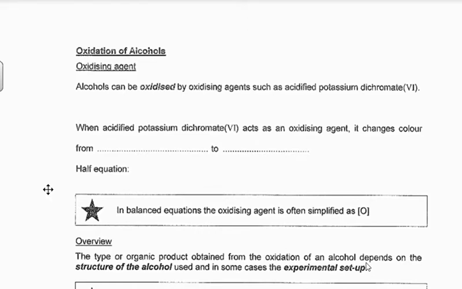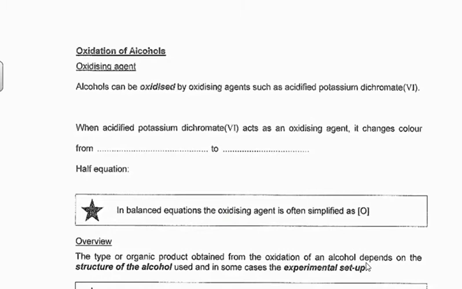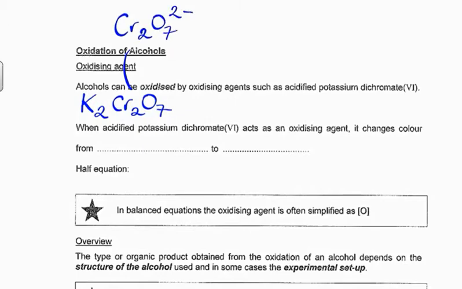So, oxidation of alcohols. So first thing we want to look at, if we can oxidise an alcohol, is our oxidising agent. And this is acidified potassium dichromate. Potassium dichromate, K2Cr2O7. Quite often see that abbreviated, so we'll miss the potassiums out. If you're asked for the reagent, keep the potassiums in, but you'll often see that just shown as the dichromate